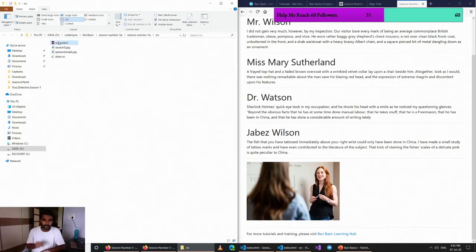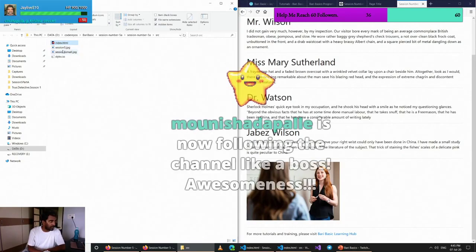So index.html is a root file because that is where we are coding. And the image you can see is